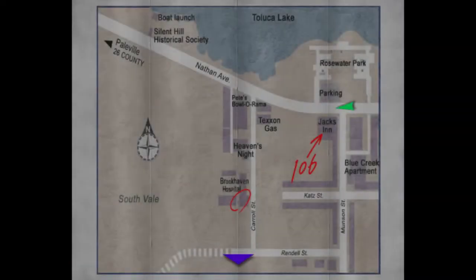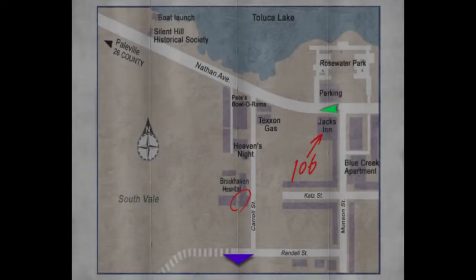Okay, so we can't go that way. So we're in the area now. This is a section of Silent Hill 2's map. So the left half basically makes up the second half of Silent Hill 2, and it's going to make up maybe the third quarter of this game, maybe slightly less than that. But the only place that we can go is the Brookhaven Hospital, and I'm going to play Silent Hill 2 on stream, probably on hard difficulty, and I'm going to do that